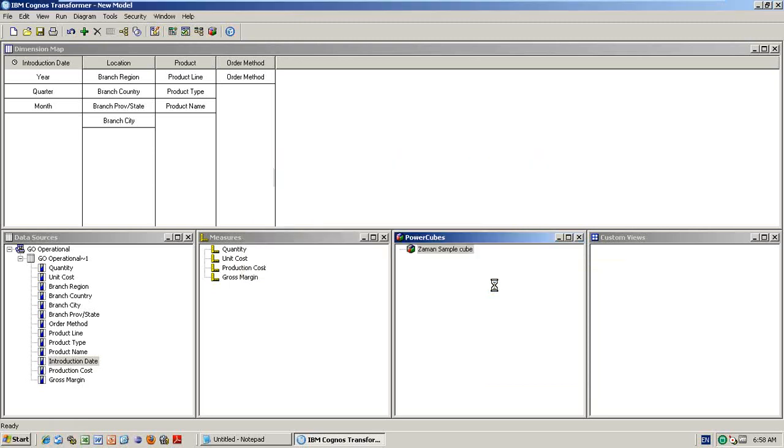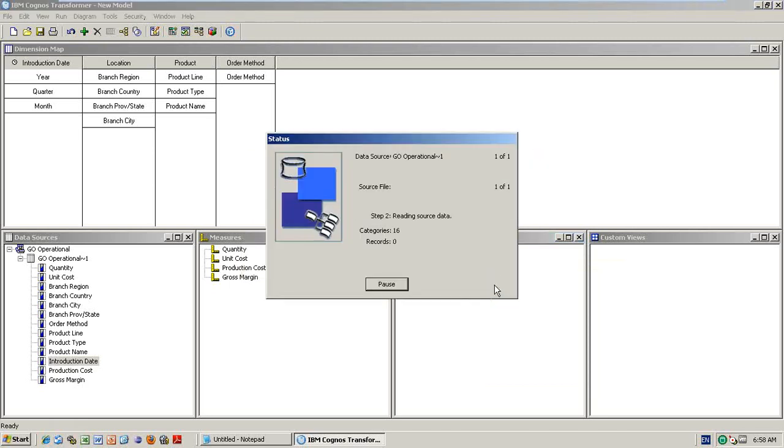create. Now what is actually happening? It is reading the source data. That means by using the framework manager package, it takes the SQL, and then the SQL is going and hitting the database now, and it will take all the values, and then it will try to put them into these levels. Okay, so the first step is reading the source data. It may take so much time for you. Some transformer cubes will take 1 hour, 2 hours to build in real time, based on the data. But in this case, we are using the sample database, right? It may be quicker.